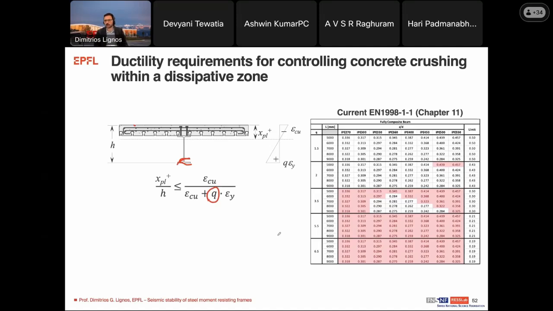However, I'd like to show you something that we have found. This table shows you typical European cross-sections ranging from IPE 270 to IPE 550. So these are different beams that you could potentially use in design. In the vertical axis, we increase the strength reduction factor, or q. And what happens is that once you go to q values or strength reduction factors larger than 2,